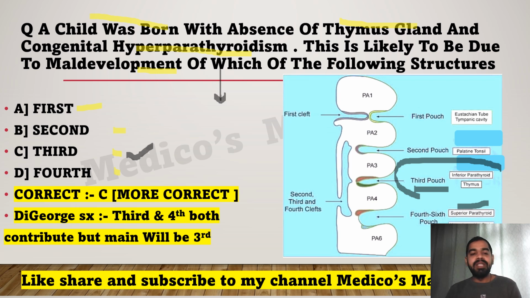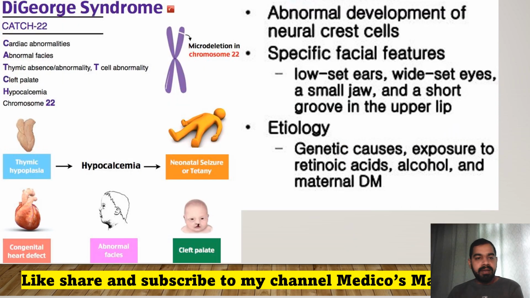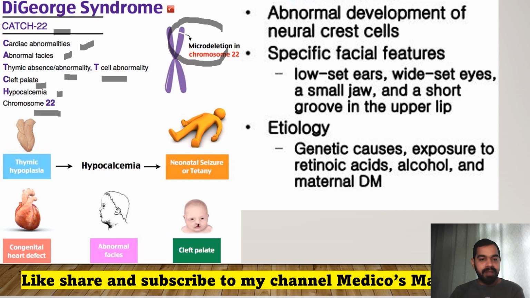Now you can remember DiGeorge syndrome by a mnemonic here. So here you can see the mnemonic for DiGeorge syndrome. It is CATCH-22. C is for cardiac abnormality, A is for abnormal faces, T is for thymic absence or abnormality or T cell abnormality, C is for cleft palate, H is for hypocalcemia, and 22 is representing chromosome number 22. In DiGeorge syndrome, you can see the microdeletion of chromosome number 22. Okay, my dear friends, and here you can also note down